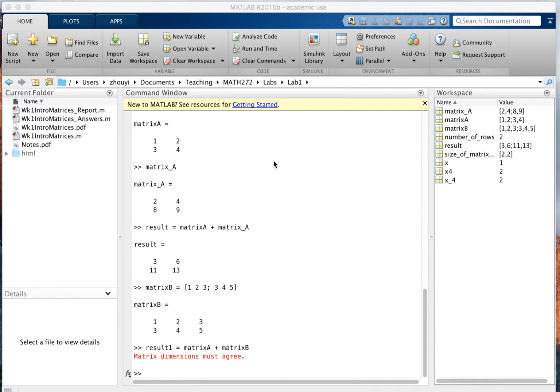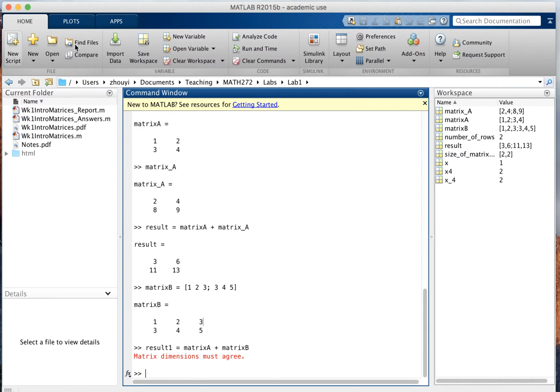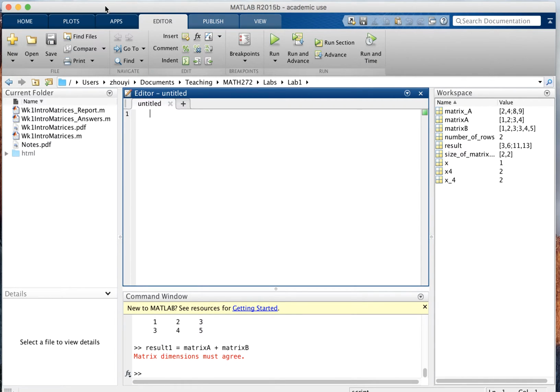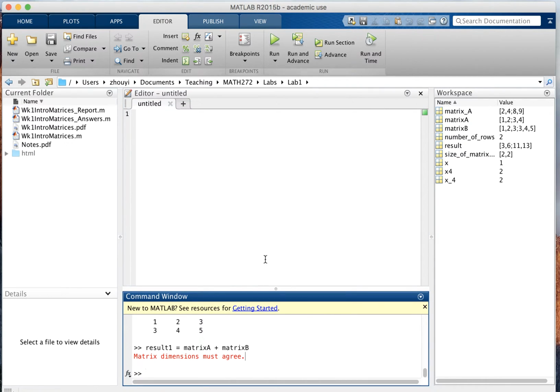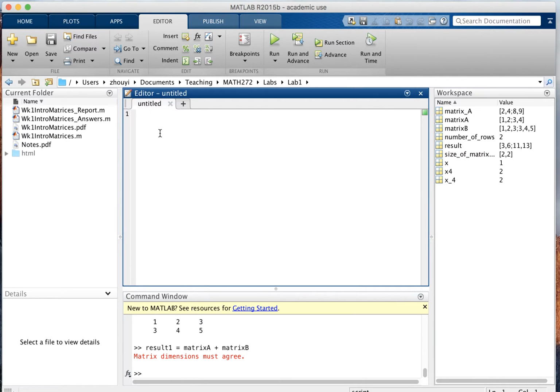So soon you find yourself with a lot of commands in the command window, but you actually want to record what you just did and sometimes maybe execute a few commands at the same time, what we would call a script. So look what I just did. I clicked on the button that says New Script and opened up an editor. The command window has shrunk over here. And the editor is where you store a few commands